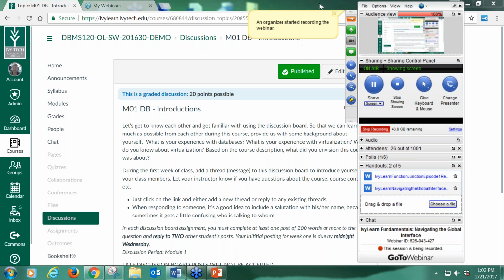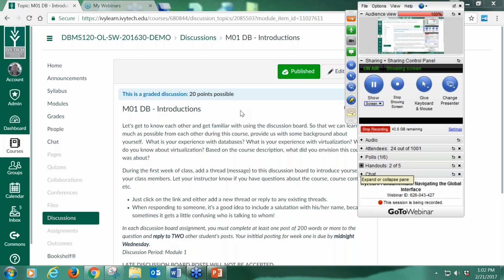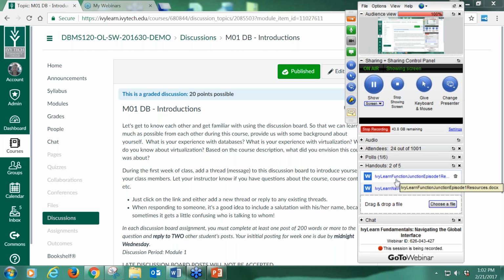Okay, so hopefully you can see my control panel at this point. If you go down here to where it says handouts, okay, if it's to see the